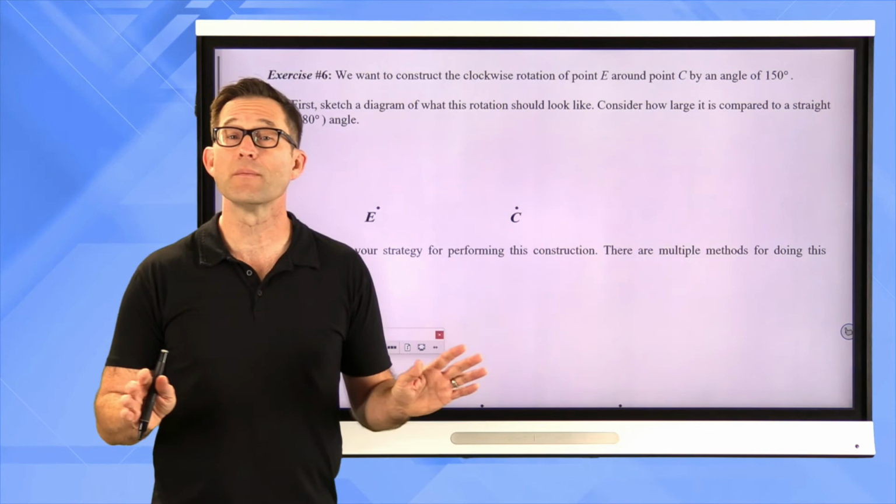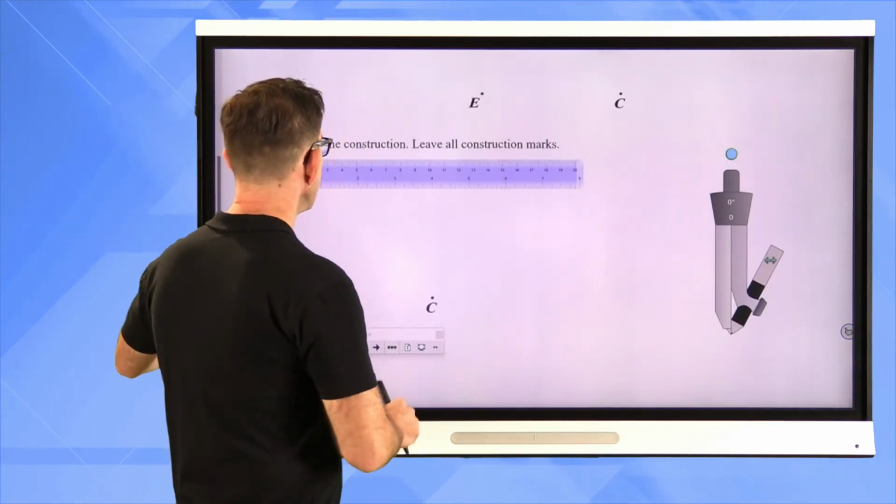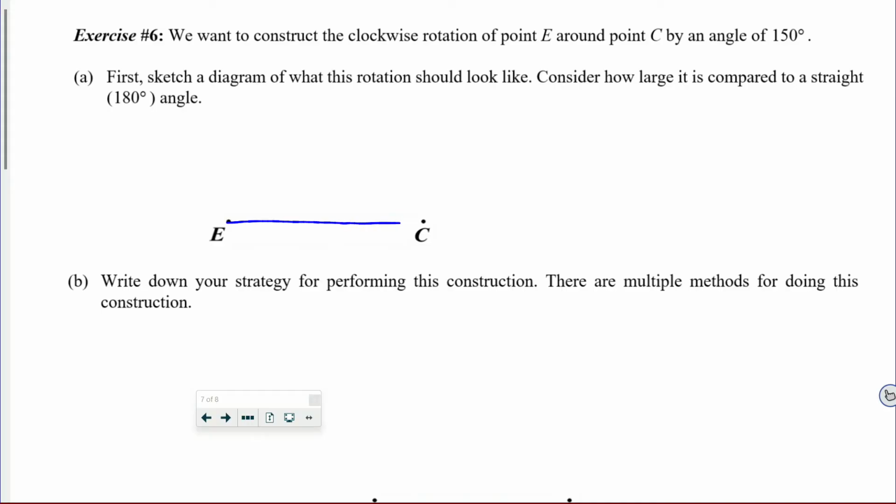All right, well, simple enough, right? So I think I'll just sketch it. I won't use the ruler. So here we go, we've got something like this. We're going to rotate point E. Maybe it's going to end up right there, because it's going to be